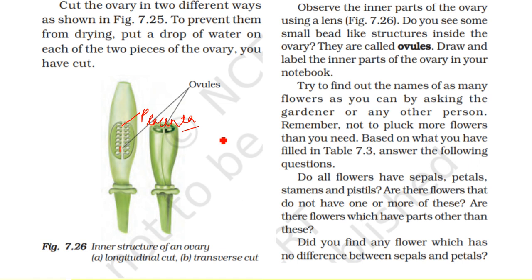Okay, so when we cut a longitudinal section, means long, that is lengthwise, means when we cut a section vertically, you will observe that we are able to see these small egg-like structures. These structures are called ovules, and they are attached with the help of placenta. While in the case of a transverse section, these ovules are seen like this. Have you seen a cucumber? The structure of a cucumber, when you cut it for salad, here it is. There are the seeds, right?